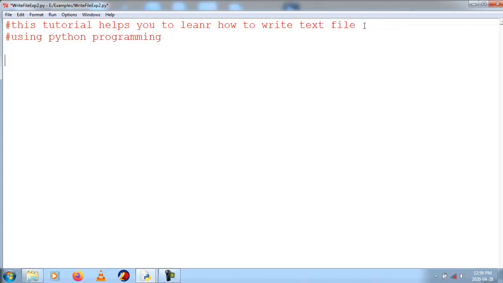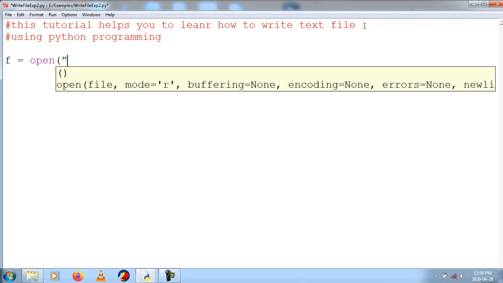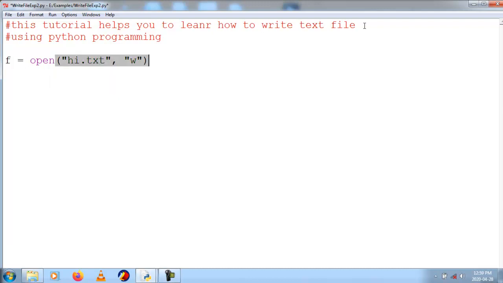So first I will write f is equal to open, file name, any file name, hi.txt, comma, mode is w because it's a write mode.